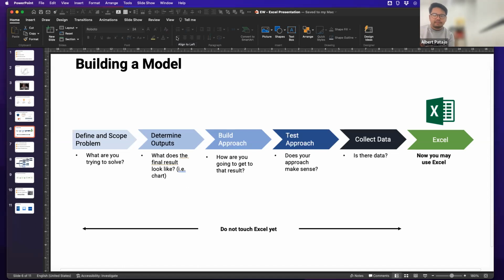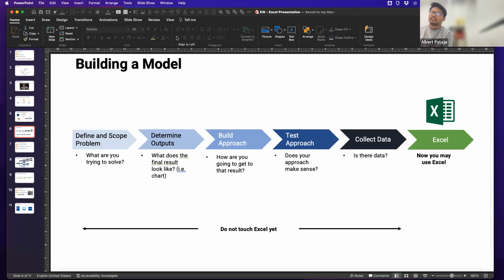Obviously that comes in many different forms, but more often than not, it's some sort of chart. If you're looking at revenue growth, that's going to be potential charts of revenue going up and to the right, increasing every year. Maybe it's a cost reduction to show these are specifically the cost levers you can pull and what that looks like when you reduce costs. Maybe it's a nice little waterfall chart. Maybe it's a table, but helping you determine what the outputs are means that you can then narrow what you need to build in Excel.